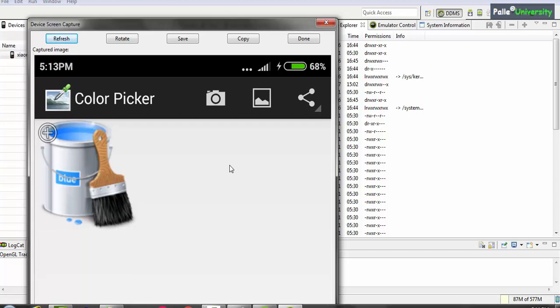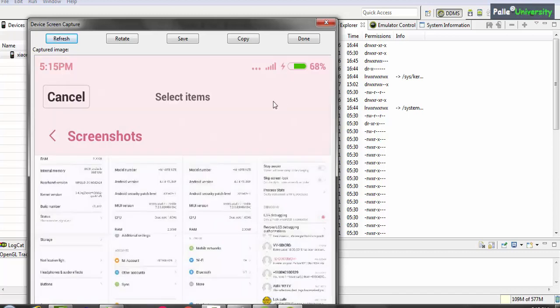So in that case, what you can do is first put all those screens into your SD card and just click this symbol to open all your SD card pictures in the gallery. Now when I click that gallery icon in the Color Picker application, it has opened all my screenshots.